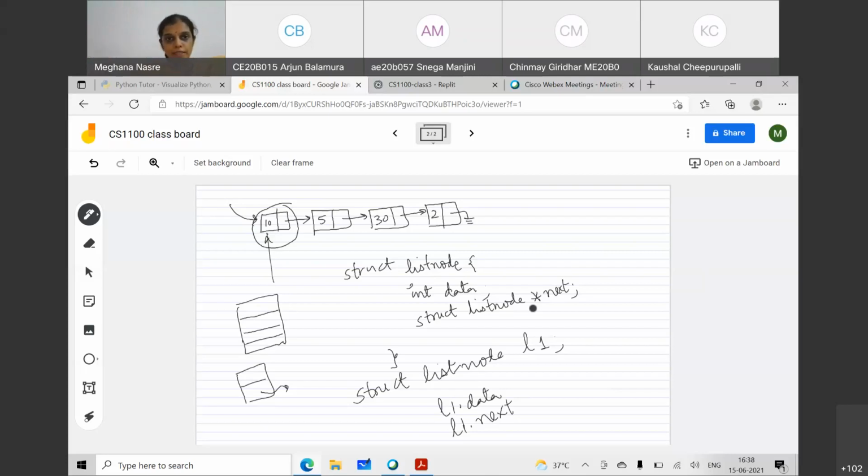That may not be the case, because maybe at a later point you will say that this cell has to be deleted, in which case I want to change this link to point here. So my linked list now has 10, 32, and that's all.